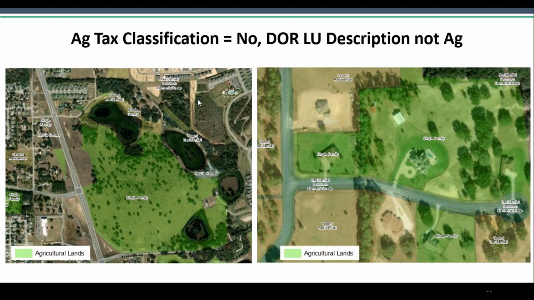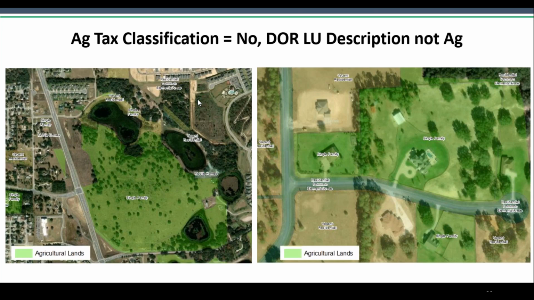So one of the most important pieces of this analysis is looking at the combination of the tax valuation and the land use designation from the property appraiser. The just value of the land classified agricultural attribute indicates if a parcel is classified agricultural by the county property appraiser under Florida law. We recognize that the criteria for the parcel to receive this valuation does vary from county to county, and that these valuations, just like any other property information, change rapidly.